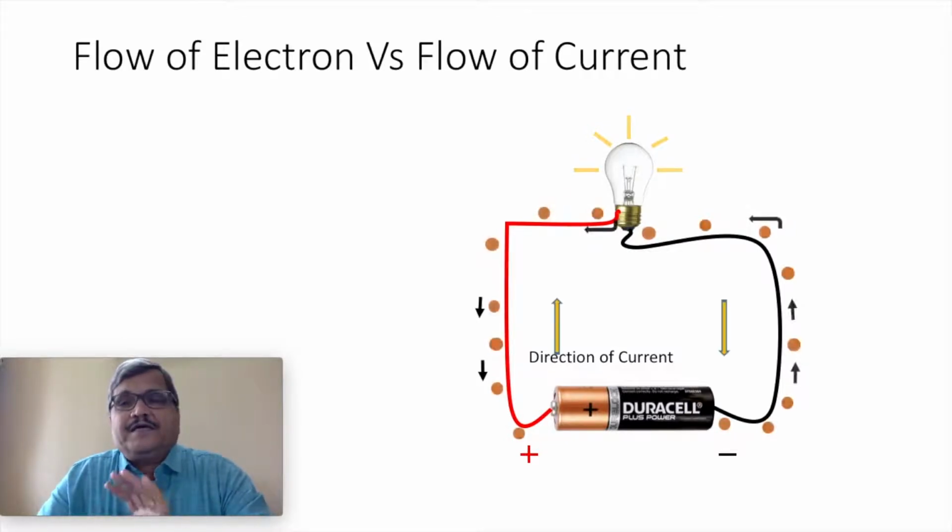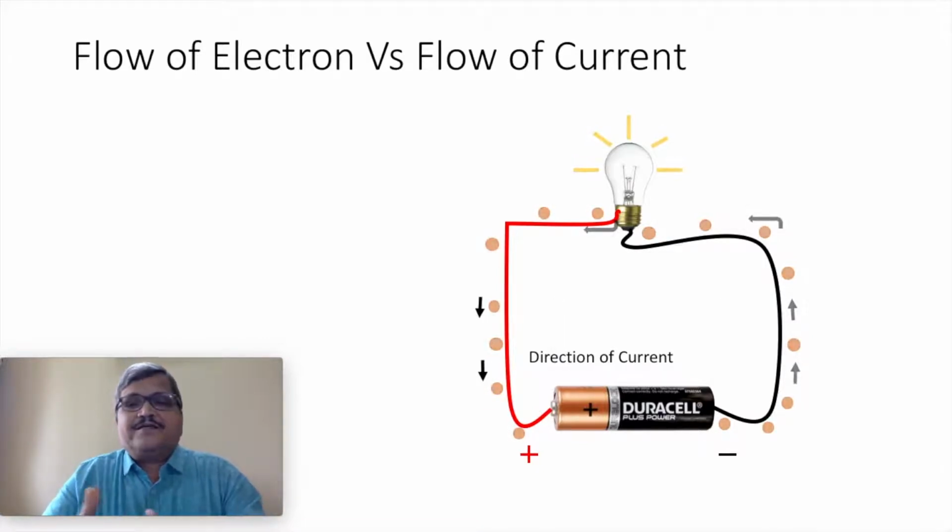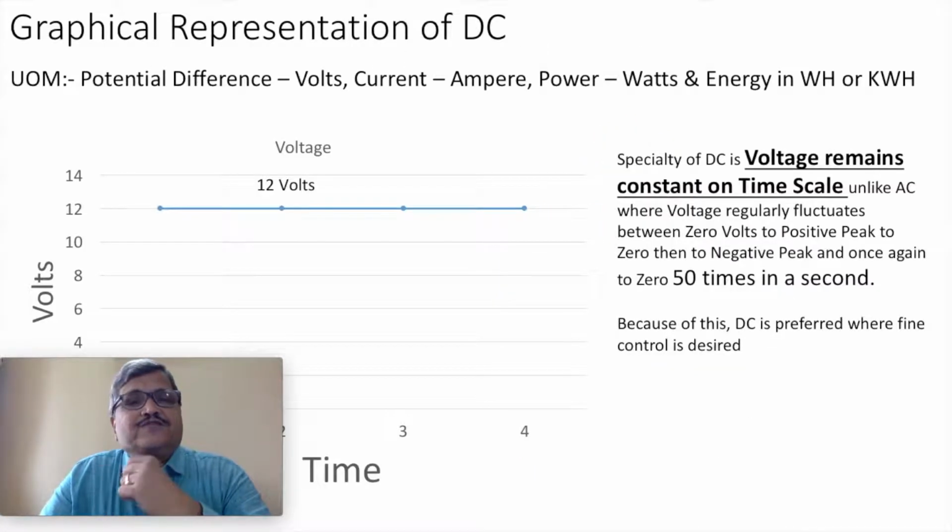Please keep that concept in mind, because it is very important. Whenever I ask this question to students, at times they are not able to answer. So this is very important. Another thing, if we represent DC voltage in graphical form, on the vertical axis there is voltage, and on the horizontal axis this is a time scale, you may call it hours, seconds, days, whatever you want to call it.